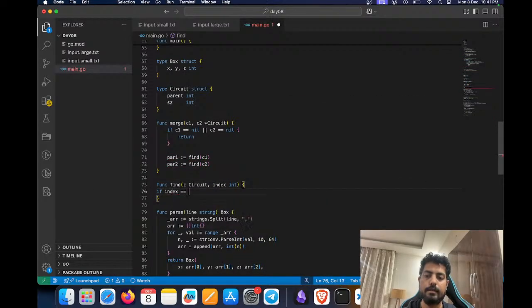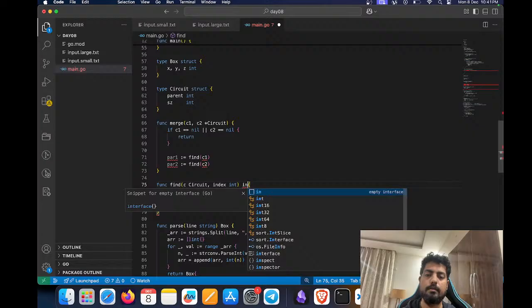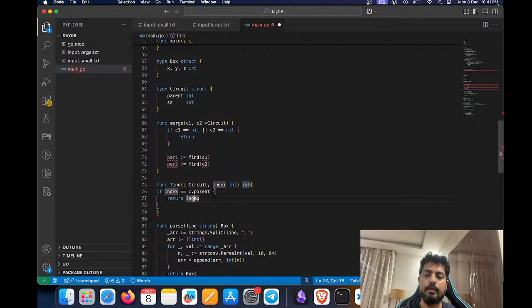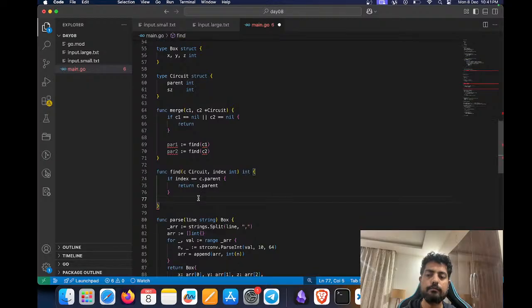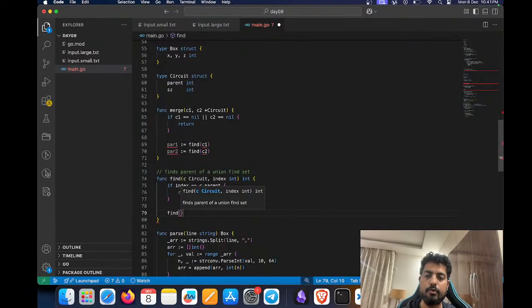So if index is equal to c dot parent, if we are at the same circuit, then we return index or parent. I think it's better, for readability purposes, we return the parent. Finds parent of a union find set. And similarly, if not, then we go to